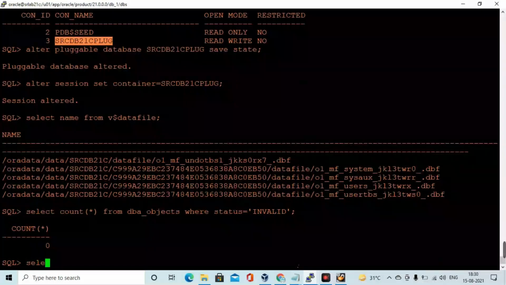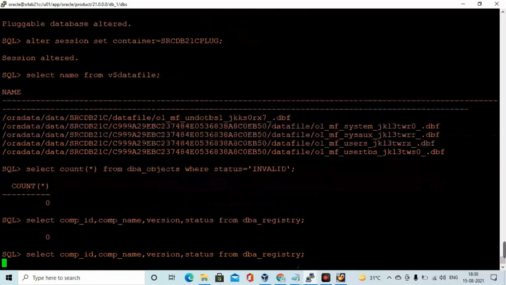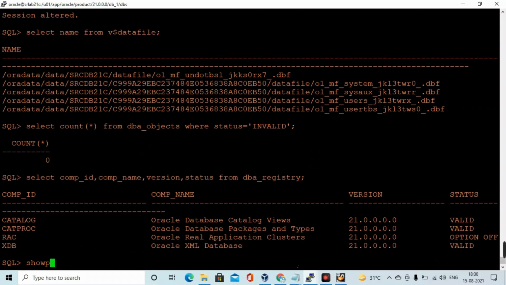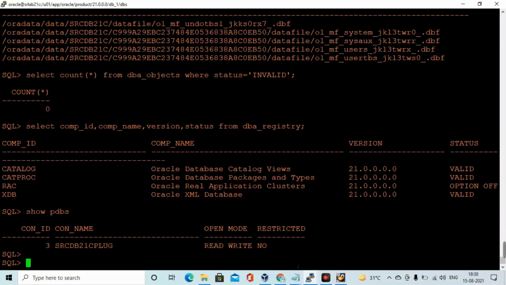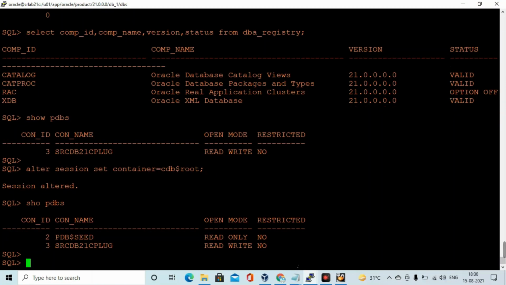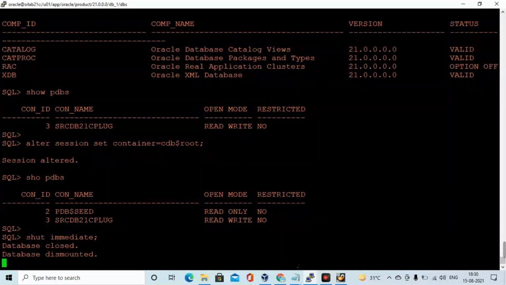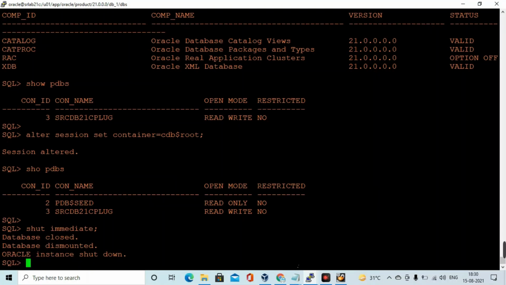Okay, let's proceed with the initial sanity checks for the pluggable database. Are there any invalid objects or any invalid registry components? So nothing is there because we created that pluggable database through that PDB seed. So everything looks good, and we have successfully created that Oracle 21C database through the manual method.